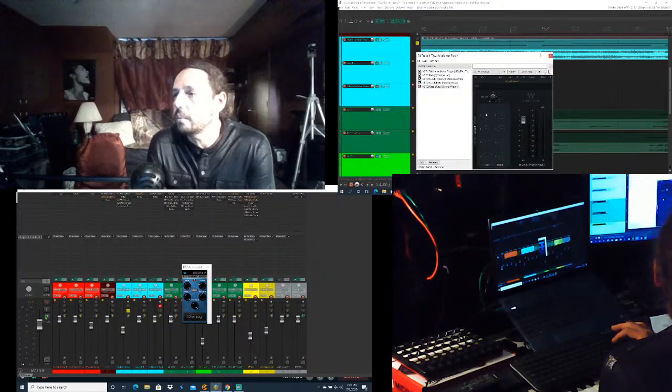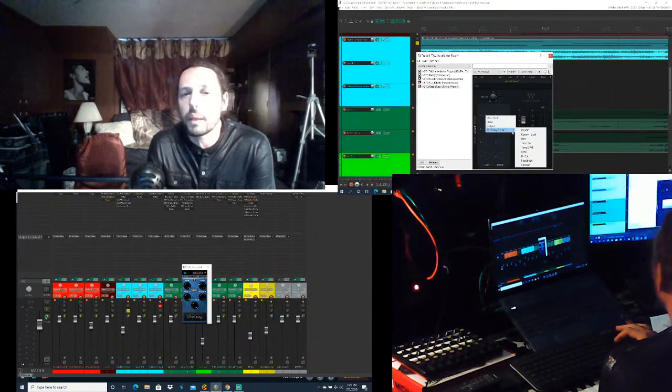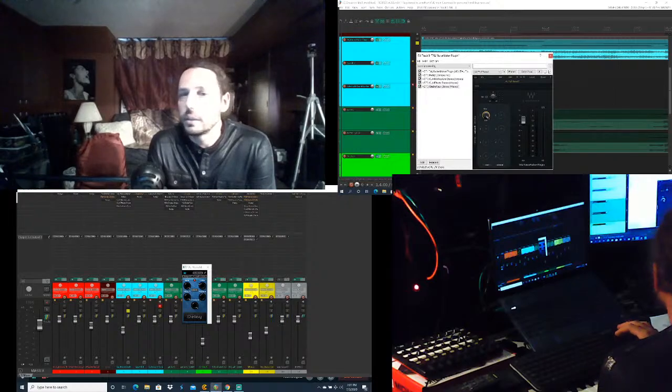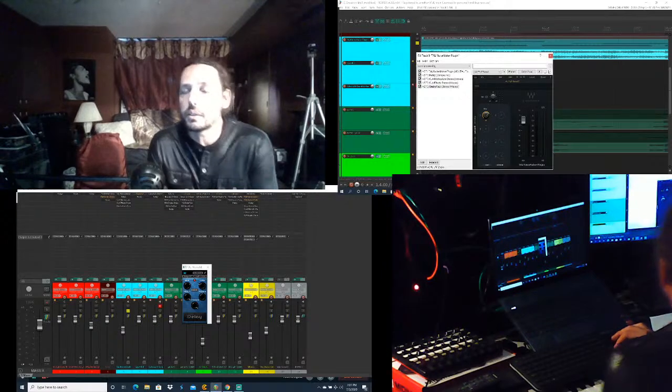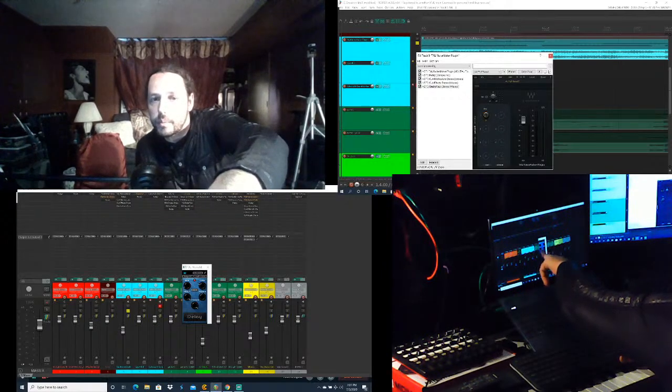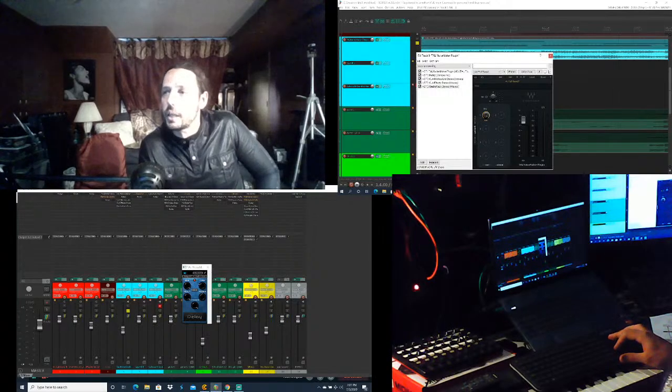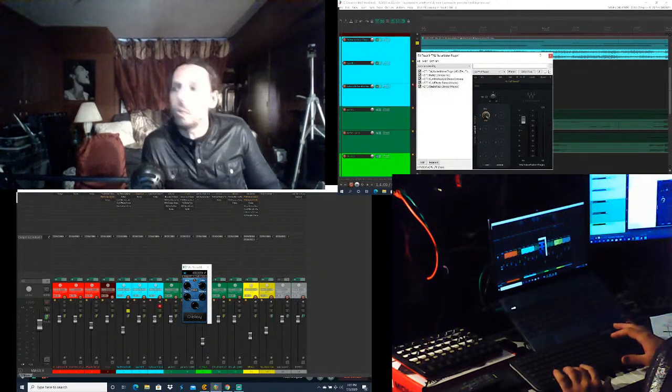If we go over to the macro, we can control any of these parameters on this effect with the macro, and we can customize it, and we can add to it. So check this out. Let's set it to the mix. If I change the mix here on the macro, you see that it changes on the actual plugin itself, which is really cool and useful